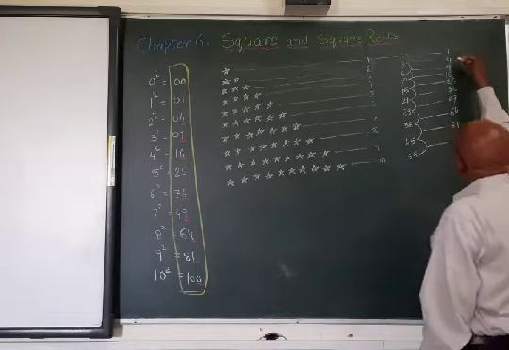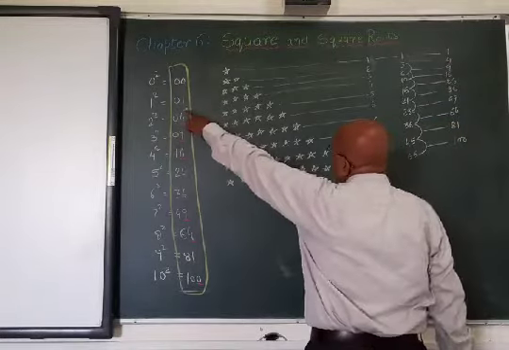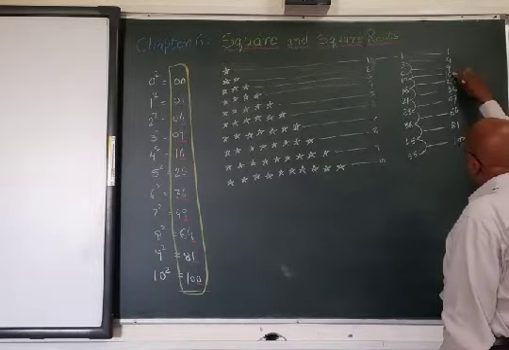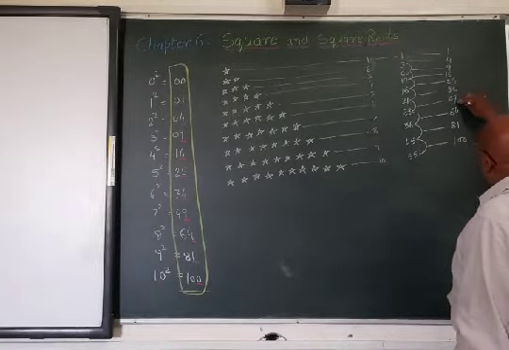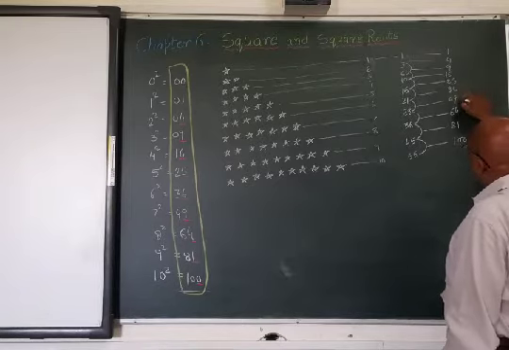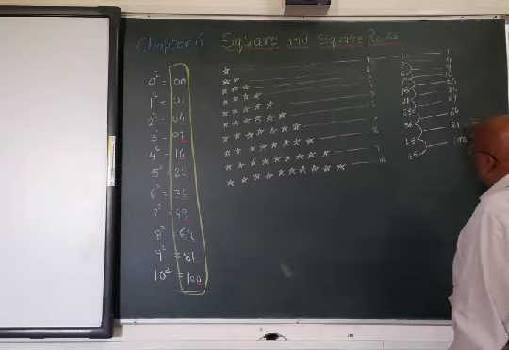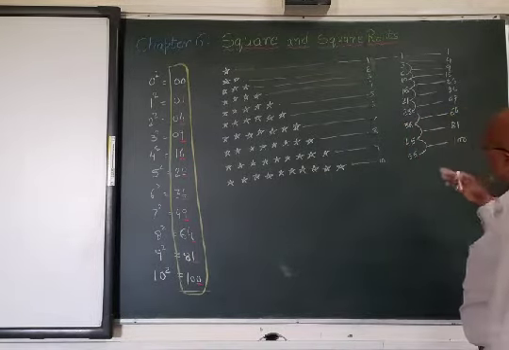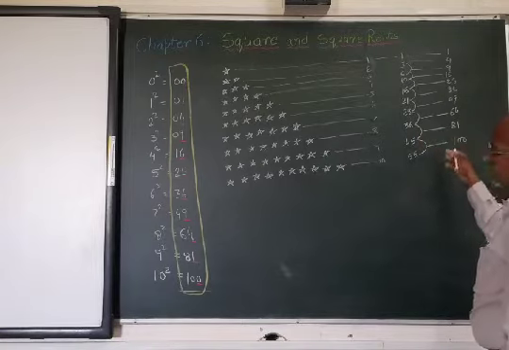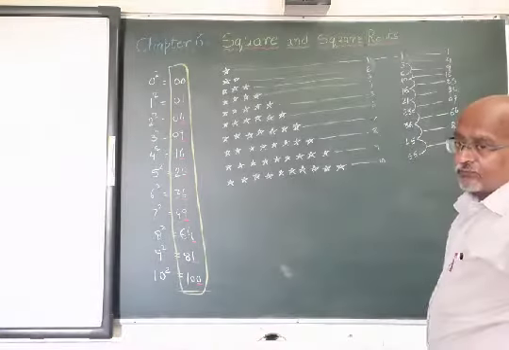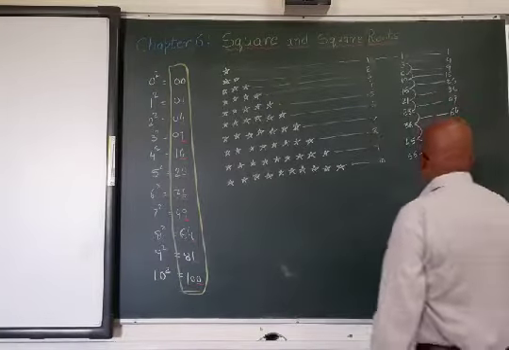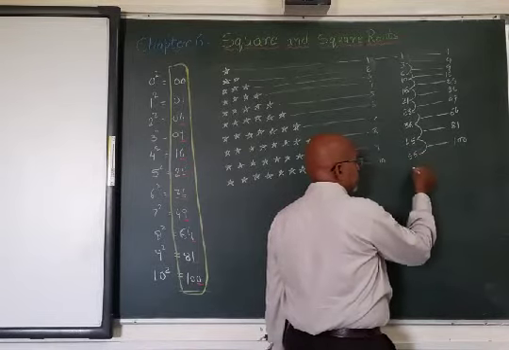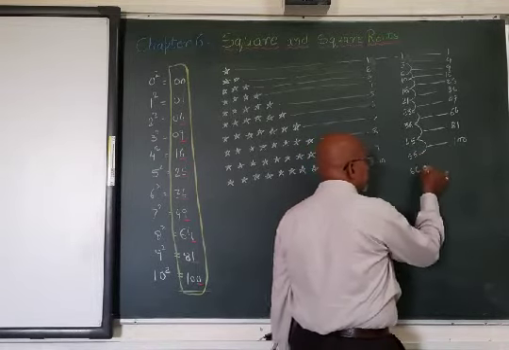Now you can see this is nothing but 1 square is 1, 2 square is 4, 3 square is 9, 4 square is 16, 5 square, 6 square, 7 square, 49, 8 square, 9 square, 10 square. So if we go on extending this, every time when you do this procedure, you will get a perfect square result. Now, if I add on in this, as we were adding, so we get 66.